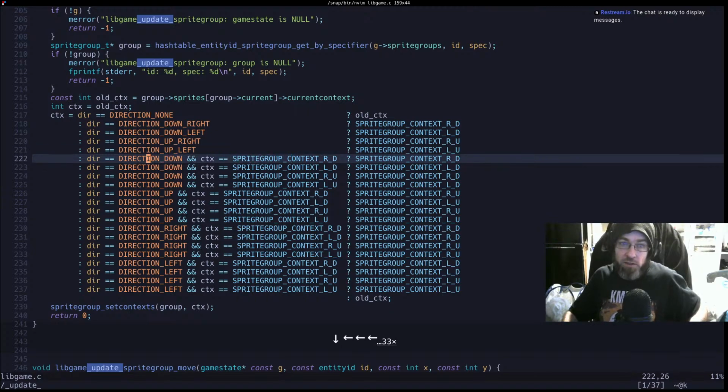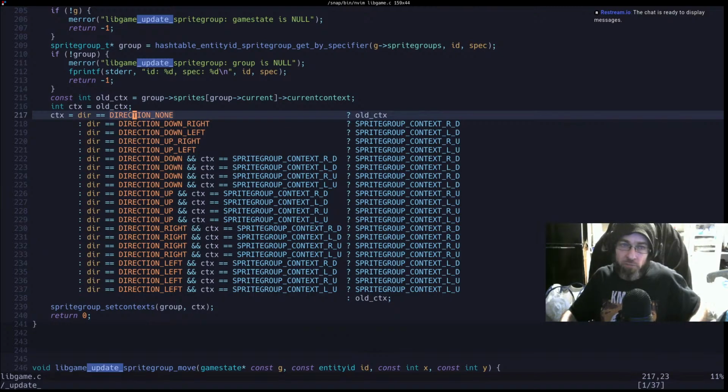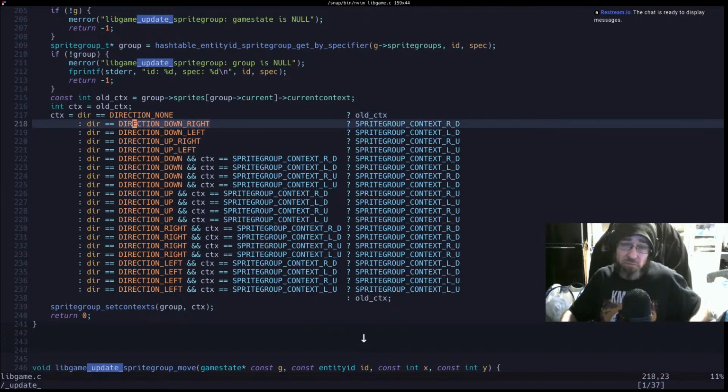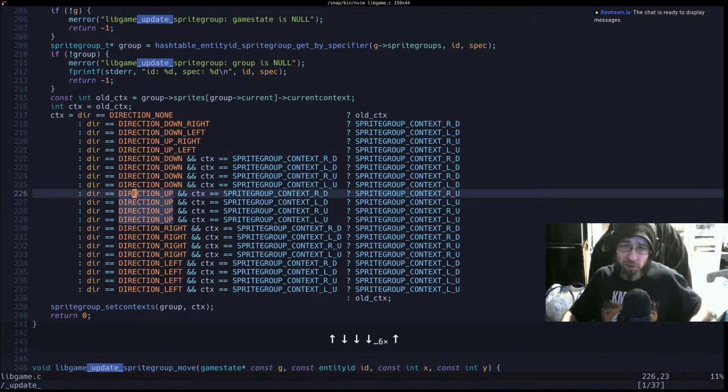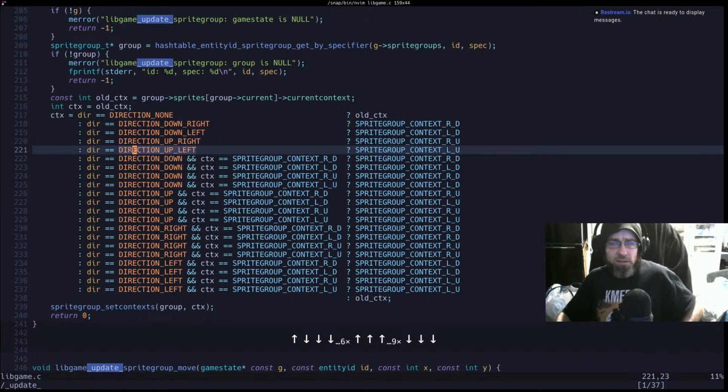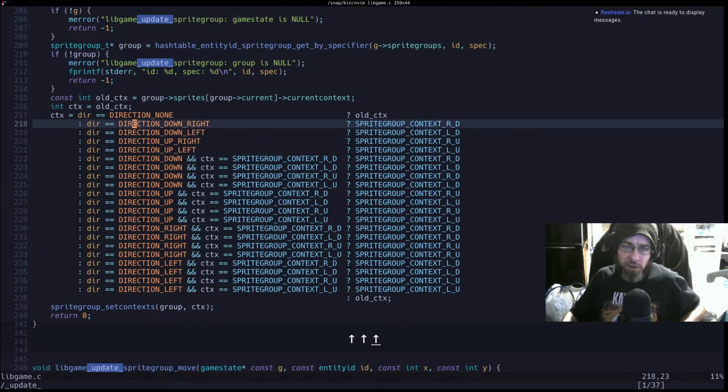Like depending on which direction you happen to be facing, and what the previous context was, then we set things right away. So for instance, in these first four, like I said earlier, the sprites that are given to us are up left, up right, down left, and down right. So we can just set those straight away. Those have a one-to-one correspondence with a given sprite group context. So the different contexts we have correspond to those directions. And if we press a direction that's in those directions, we can just hard set that context, because we have